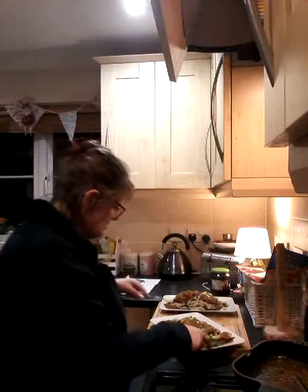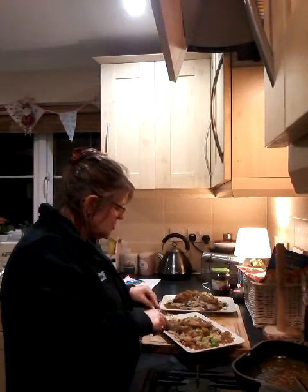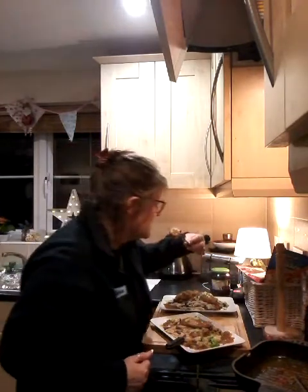Oh my god. That is bloody lovely, Jane. It's a bit kicking, but it's not too kicking. It's so tender. There's a tiny bit of sweetness to it. It's just so velvety and delicious, and all those flavours coming together. It's an absolute beauty. It's delicious, absolutely delicious. You have got to make this. I know I've said that in lots of my other videos, but you've got to make this. You really have. You will not be disappointed. If you make this for your loved ones and your friends, they are going to think you're banging. It is